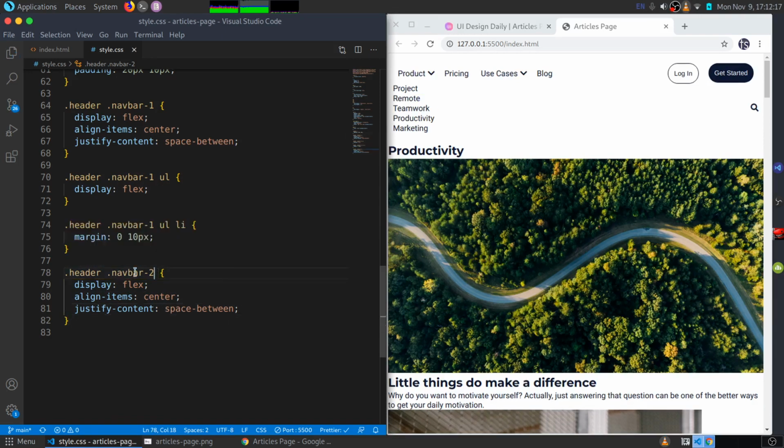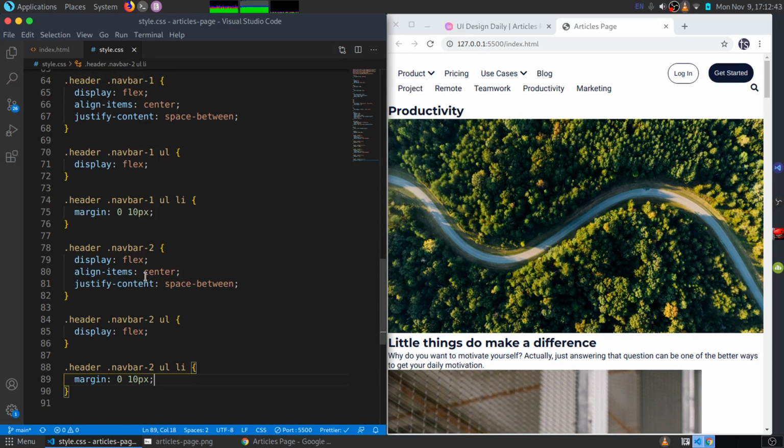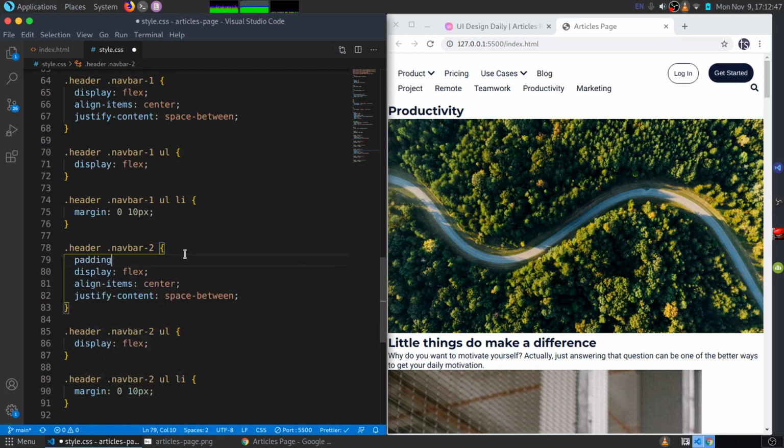and then I want to grab this and say for the unordered list I want it to display flex, and then I want to grab this again and say for the list items inside I want a margin of 0 and 10 pixels on the left and right. And just like that we have this. So I will also want to add some padding on the top for the second nav bar. So let me just say padding top of about 30 pixels,